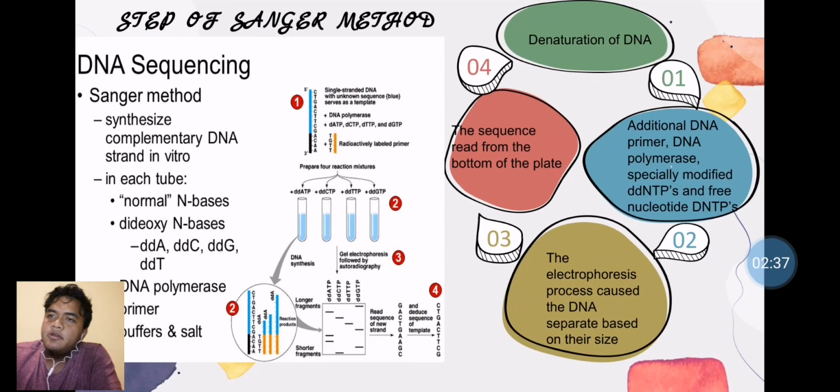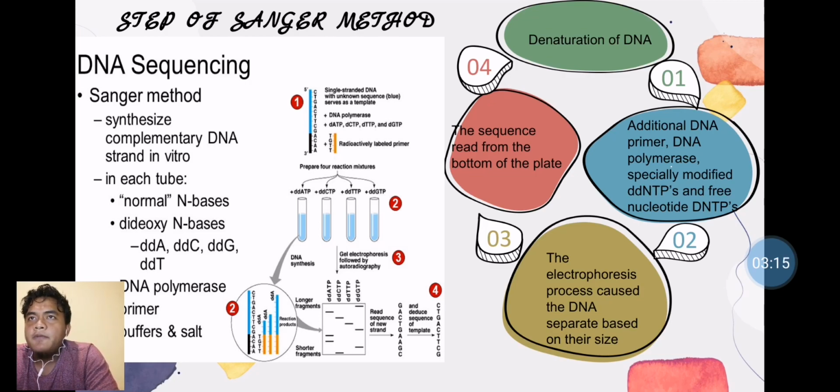Okay, for the steps of the Sanger method, we have four. First, denaturing of DNA. Second, addition of DNA primer, DNA polymerase, special modified dideoxynucleotide triphosphates, and free deoxynucleotide triphosphates. So in the second step, we have to make sure each of the tubes has the normal base and the dideoxy base, which is dideoxy